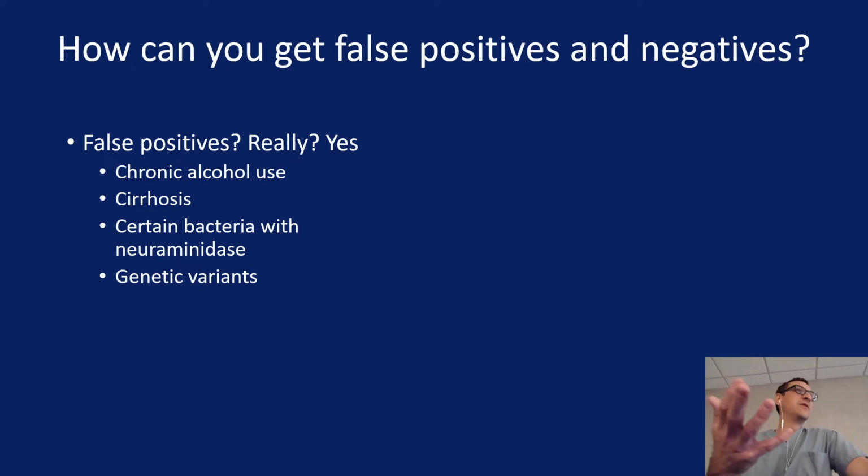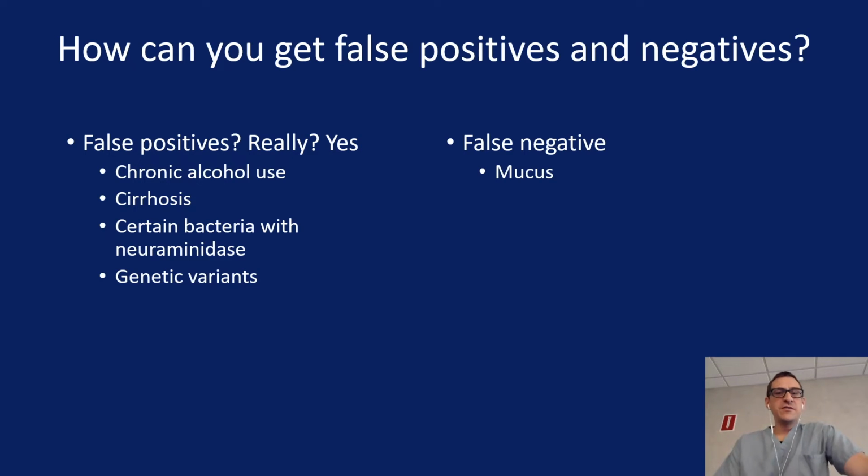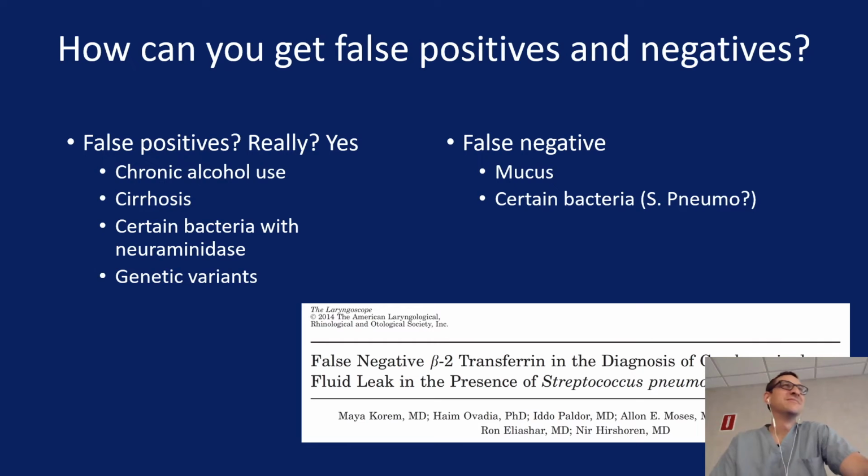There's like 20 of them. They shouldn't cause a true beta 2 line, but the bottom line is we should know that. It's one of the reasons places require you to get a blood sample. False negatives, mucus. Go figure. So that's why this is not an evidence-based statement yet, but I do tell patients now, don't blow your nose